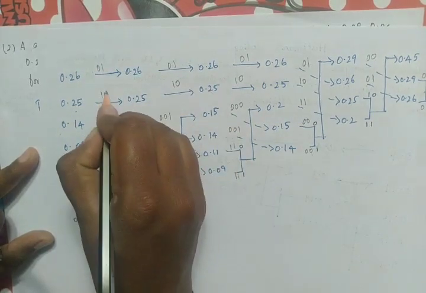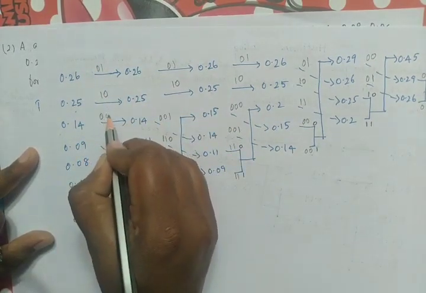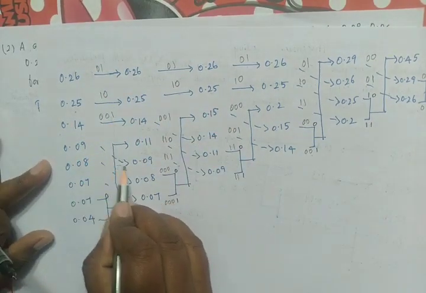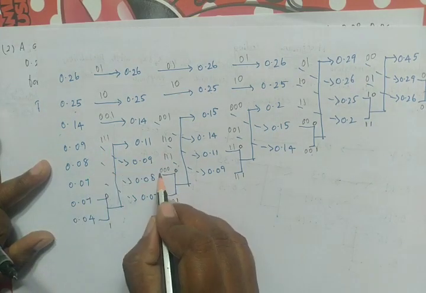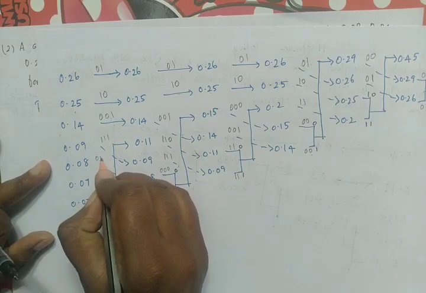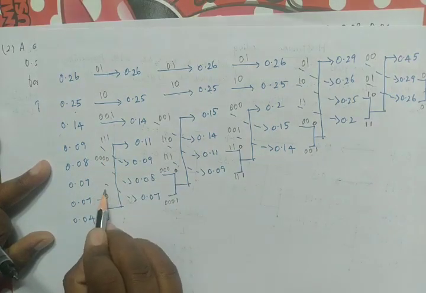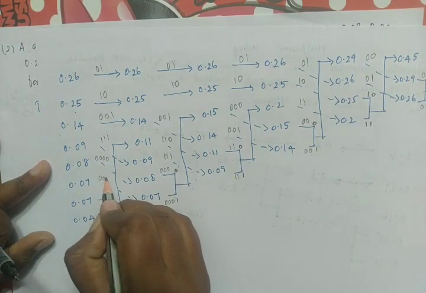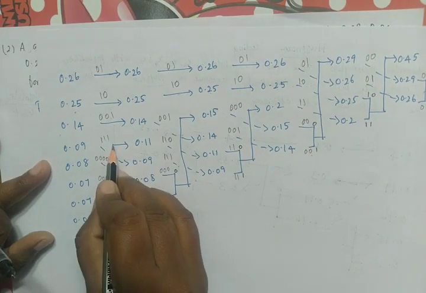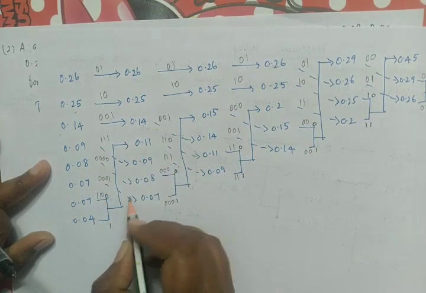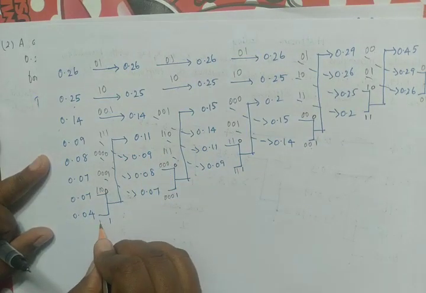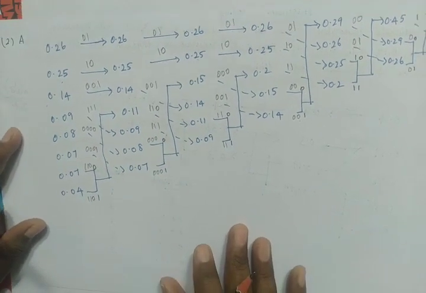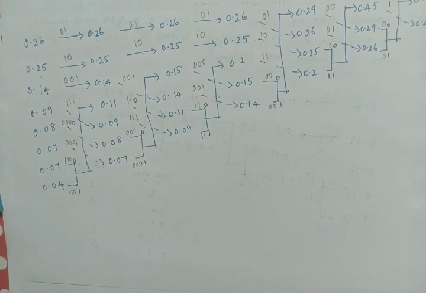And here it is 1, 0. Here it is 0, 0, 1. And now check here, it is 1, 1, 1. Check here, it is 0 with four zeros: 1, 2, 3, 4. And now here it is 00001. Now here it is 110. So write this 110 before this 0. So write this 110 before this 1. That's it. This is how we have to solve for Huffman code.